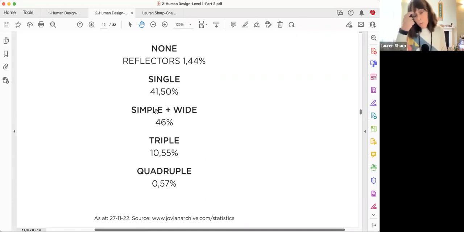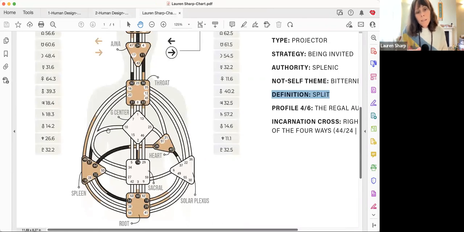Now, just going back to split, because here I've got simple and wide. In my chart, I'm a smaller, a simple, because I only need very few gates to be activated for me with another to form a whole. In a channel that's so separate, it would take a wider pathway. You'd have to find where a gate is active. Then that person would need to have a 3, and their sacral would have to, and then that person needs a 2, and you can see that would be a wider split.